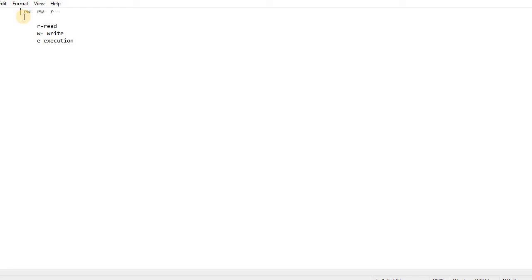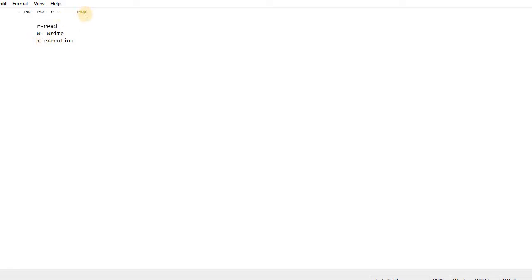Let's see how to restrict that. Here rw- is the permission allocated for the first, the current user, which means the current user can only read and write. The actual format has to be read, write, execute.